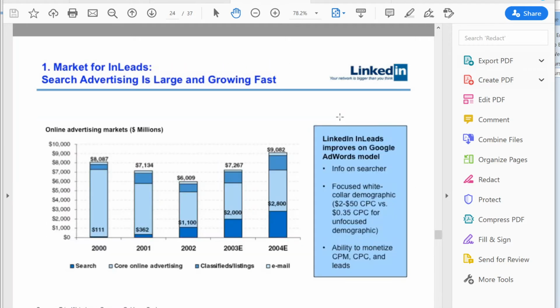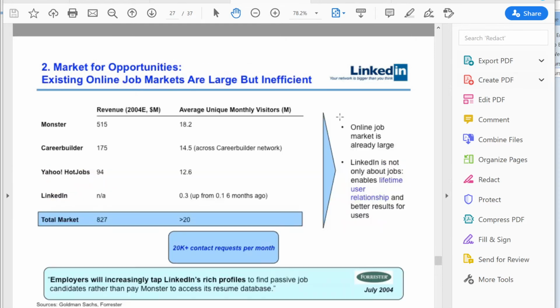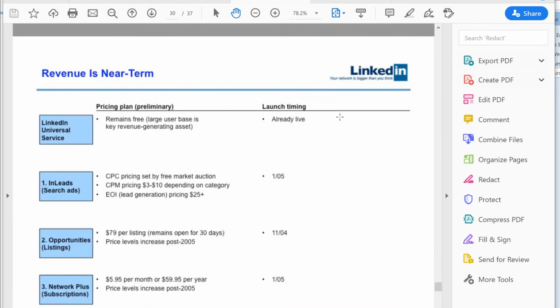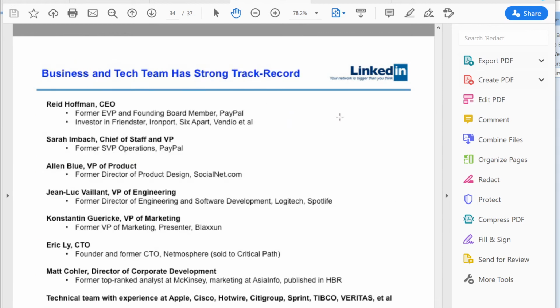And for those of you, I hope all of you are on LinkedIn, and if you're not, you should be on LinkedIn. But this is what LinkedIn is, and it's a gigantic business with many facets, and you can learn a bit more about LinkedIn. But it really at this point got really complex. That's why they needed to raise millions of dollars more to grow it even bigger,